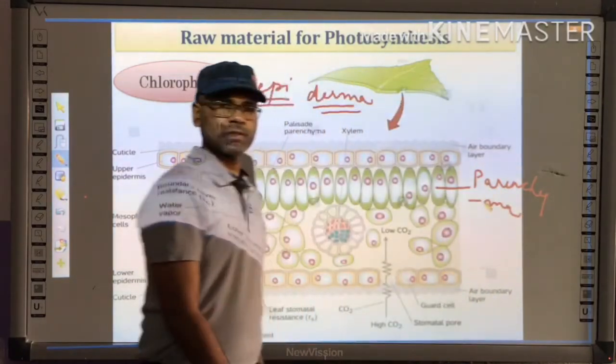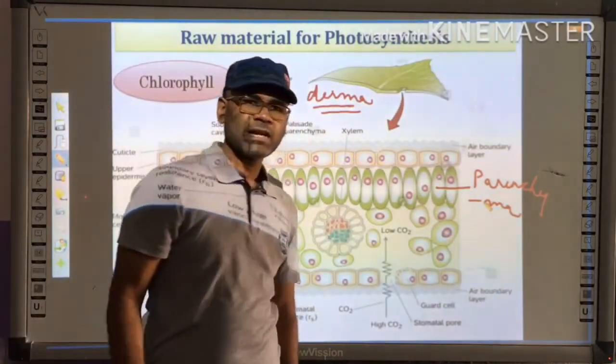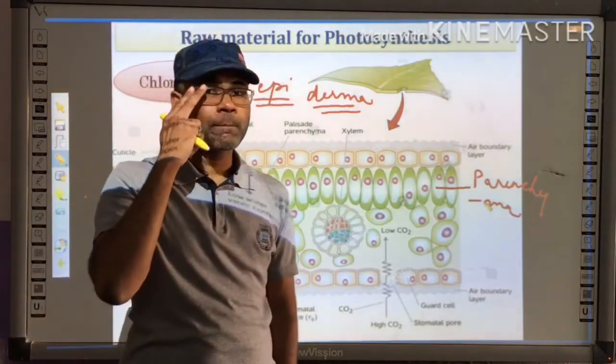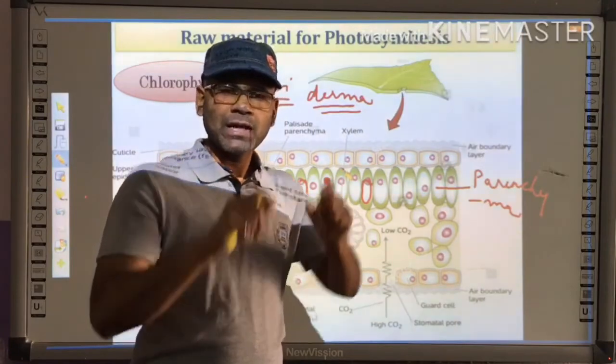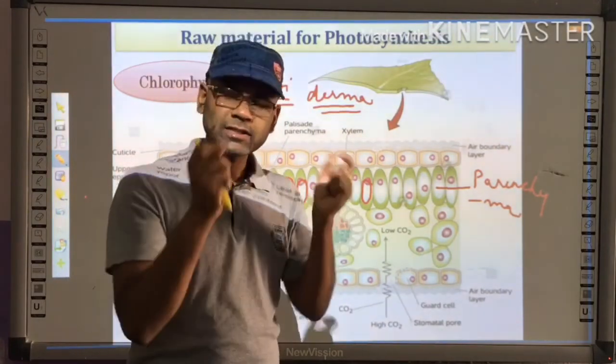Parenchyma cells. Basically, there are two types of parenchyma. One is called palisade parenchyma. The peripheral part is the cytoplasmic part, and this cytoplasm